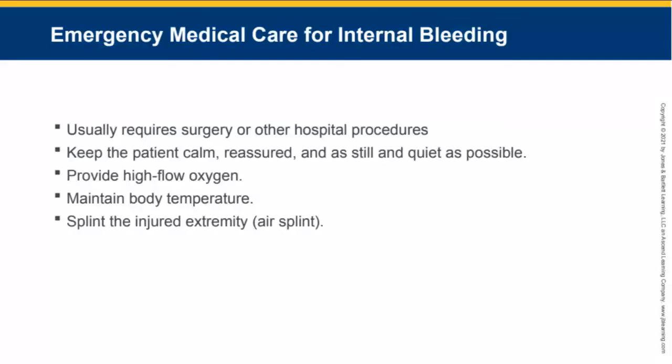Emergency medical care for internal bleeding usually requires surgery or other hospital procedures. Keep the patient calm, reassured, and as still and quiet as possible. Provide high flow oxygen, maintain body temperature, splint the injured extremity. Can use an air splint if you have that device available,